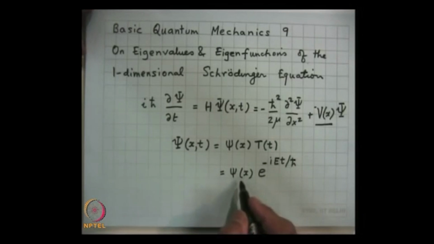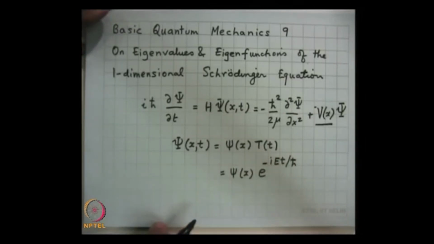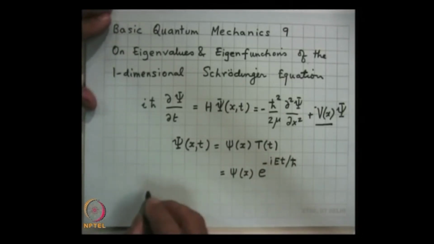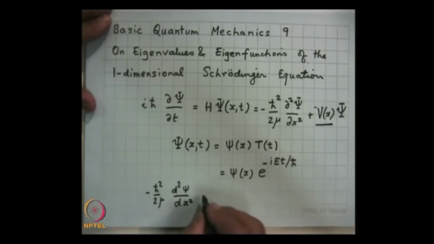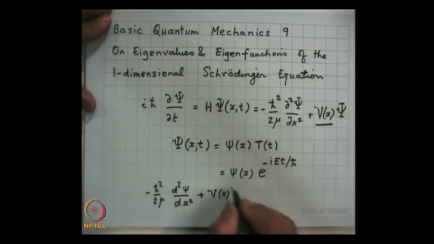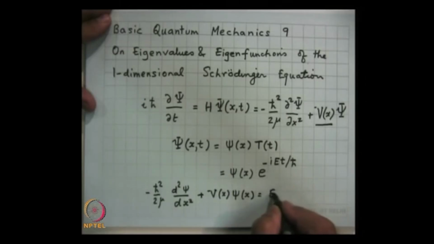So, if we substitute this, we would obtain the following equation: minus h cross square by 2 mu d 2 psi by d x square, because now the small psi depends only on the x coordinate, plus V of x psi of x